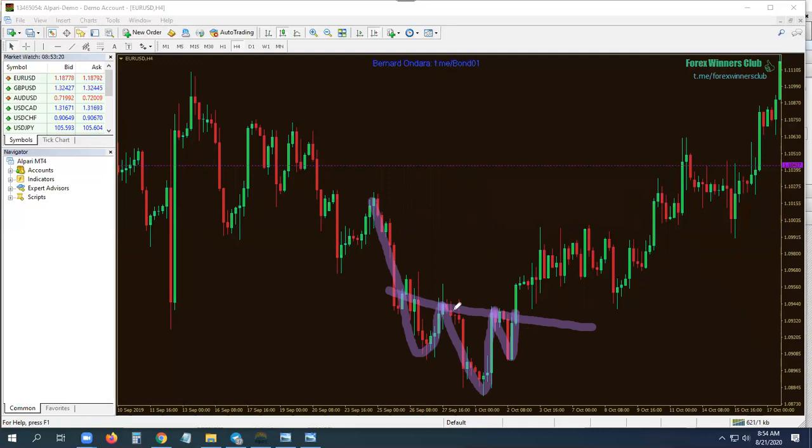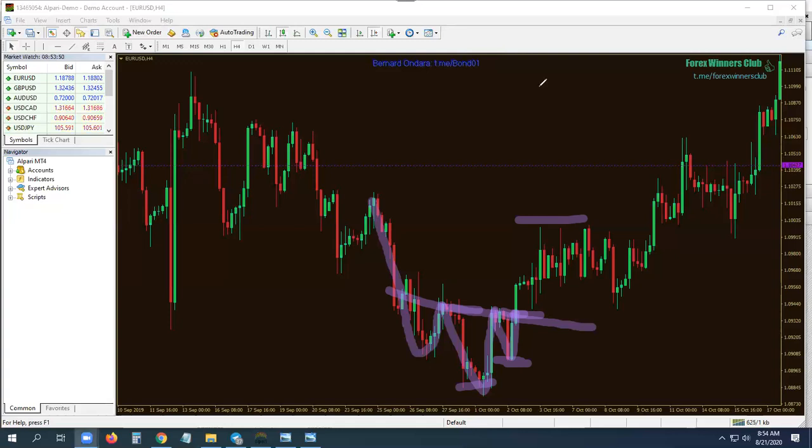How do you manage it? This is the distance between this line and this place. You measure the distance in pips. So from the breakout here, you measure that distance. It could be around here. So that's your target. This is your stop loss below the shoulder, the last shoulder, just like that. So that's how you deal with inverted or inverse. It's called the inverse head and shoulders pattern. I believe you understand it. I don't have to use another example.